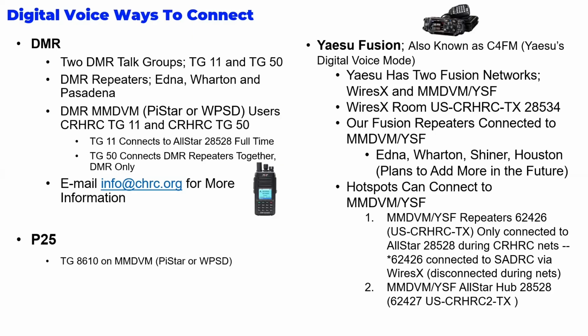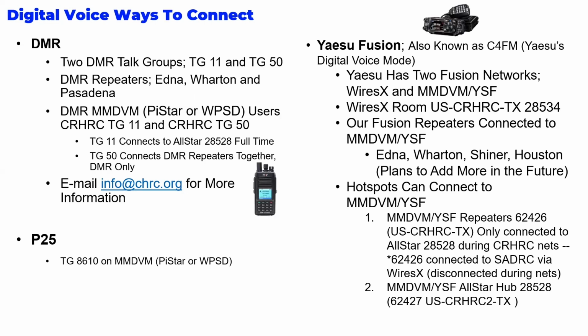Okay, we're not on Brandmeister. We don't have anything connected to Brandmeister on our server. On the pull-down menu where you connect to Brandmeister, you'll have the different servers. We will eventually, if we haven't already, show up on a list. It'll say CRHRC, and you'll see Talk Group 11, and another one for Talk Group 50. There are 2 different entries for each talk group, and we had to do that because of the way that Pi-Star, or I guess it's DVREF, inventories the